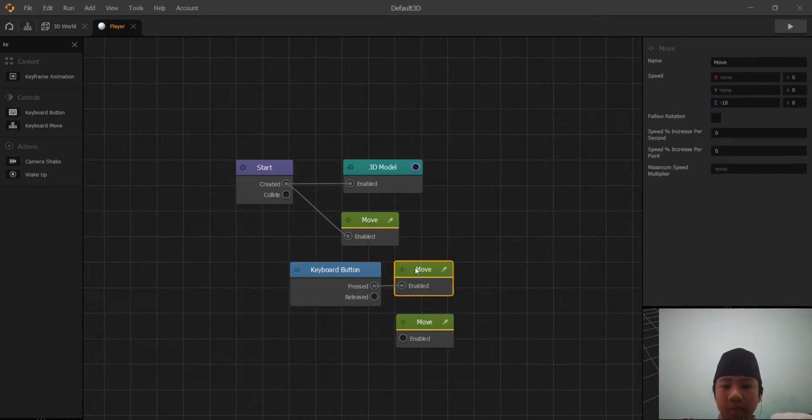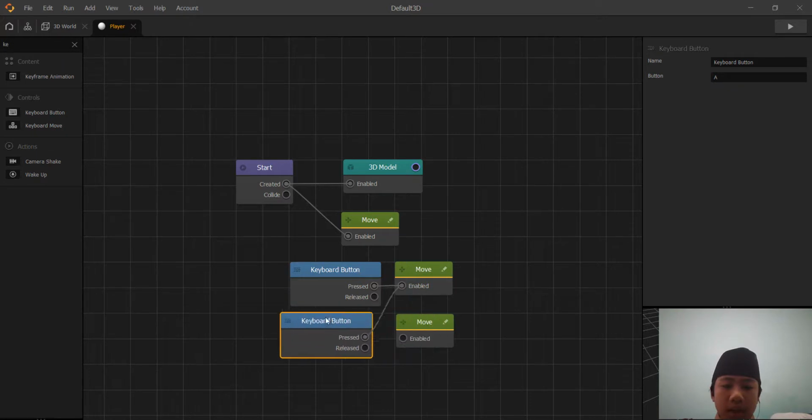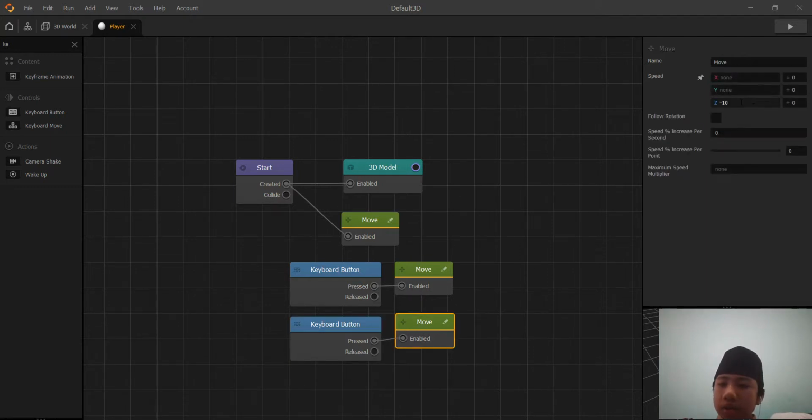If pressed, move, change the -10 into none and change X into -5. Okay, if left, you need to change X into -5 and duplicate the keyboard button again and move the string into the second move, change A into D and then change move,